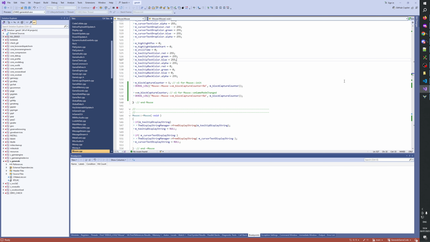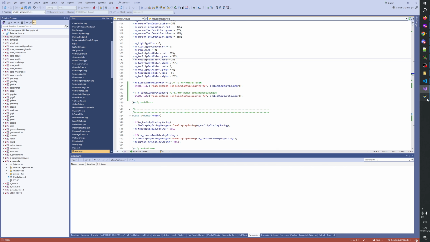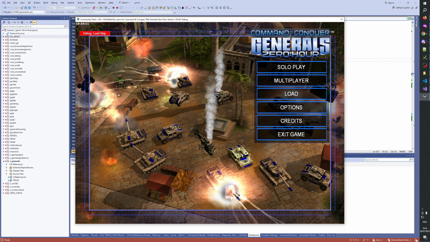Okay, so that's already bugged. Fantastic. So there is a bug when we tab out right when we launch the game.